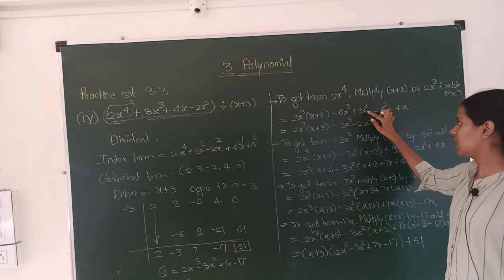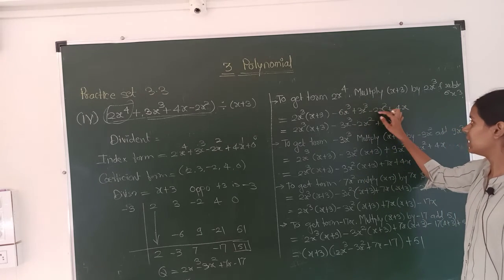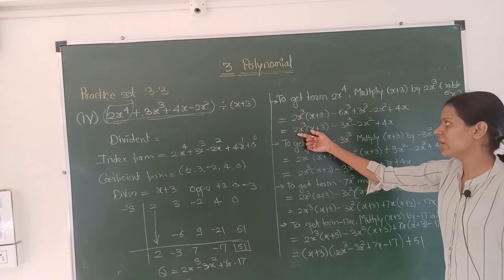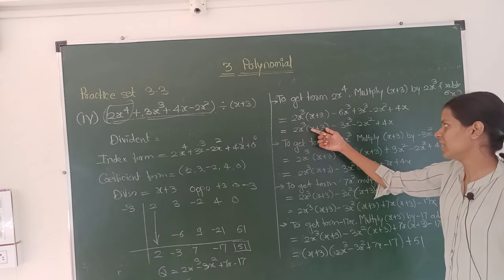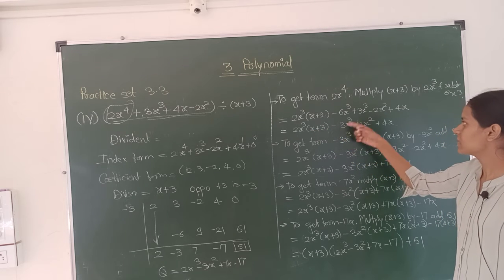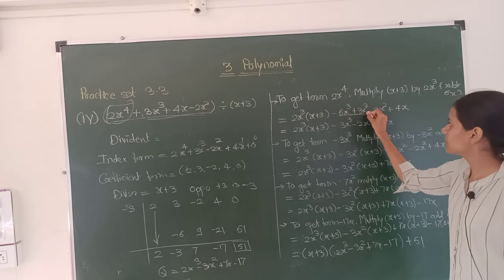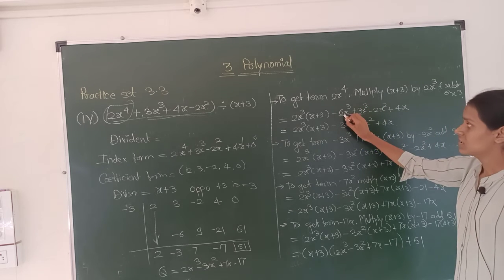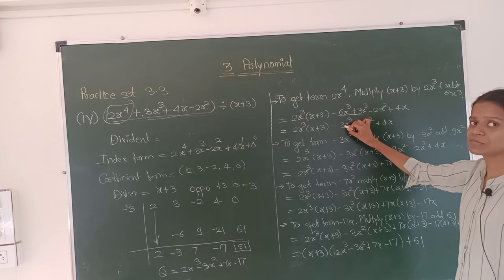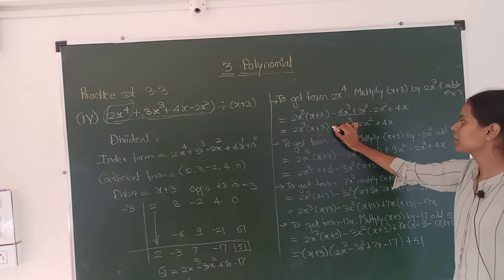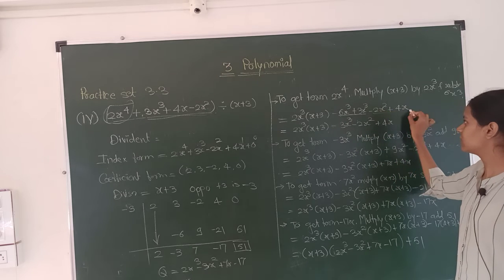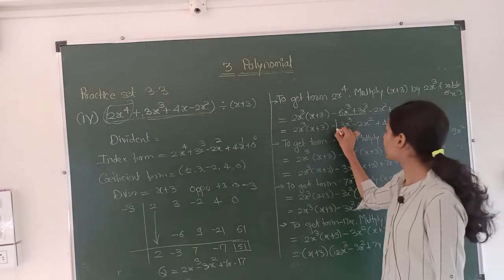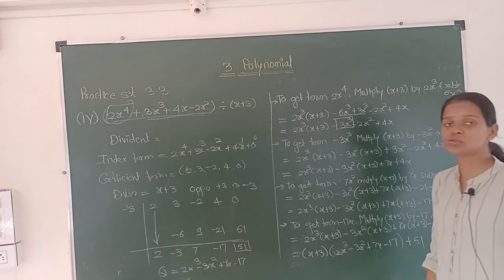So 3x^3 - 2x^2 + 4x as it is. Particularly, we will solve it: 2x^3 (x + 3) minus 6x^3 plus 3x^3. It will be 6 minus 3 is... minus 6 plus 3 is minus 3, so minus 3x^3, and these two terms as they are, 2x^2 + 4x. Now the term is what? The term is minus 3x^3.